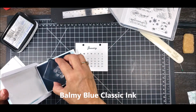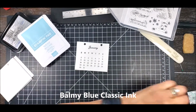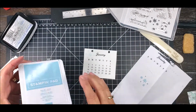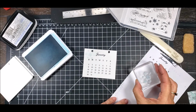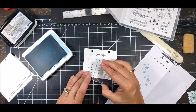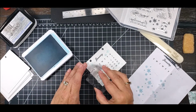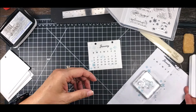I inked this up with my Balmy Blue Stampin' Up ink pad, and I didn't want it to be real dark. I just wanted a little effect of the snow. I just inked it up, stamped off, and then just came across the calendar so I can still see the snowflakes, but it's not all in your face. And that does it for my January, and I'll just do that over and over again for all of my